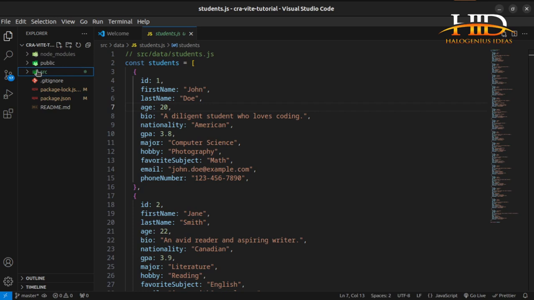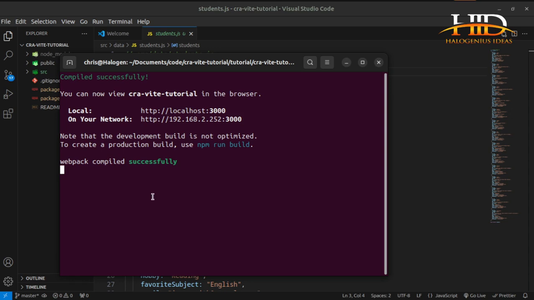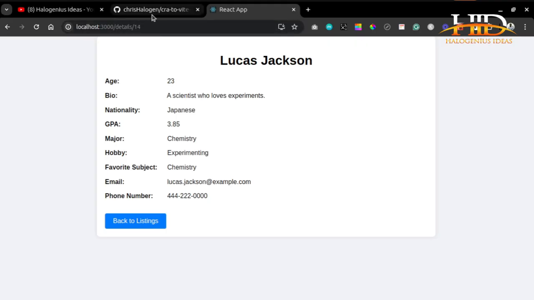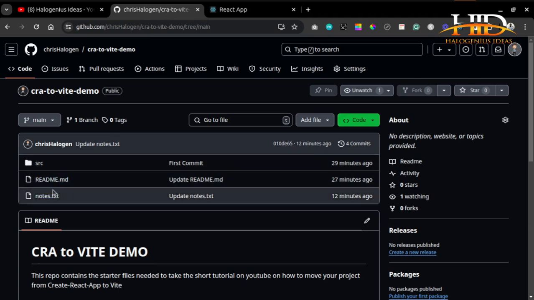So how do I change my bundler from Create React App to Vite? That is what we want to do, what I want to show you now. So we are done setting up the demo. Let me close my terminal. Clear once more. Now, if you check the repo that you downloaded, where you get the SRC from,